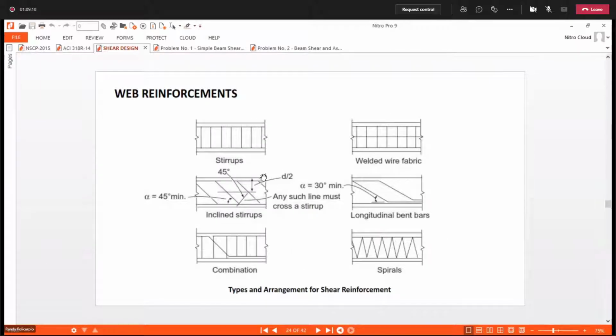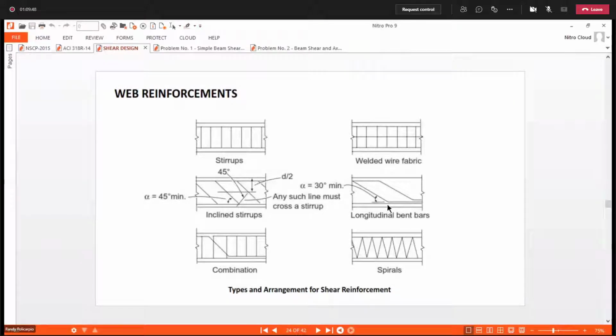Okay, so for the incline stirrups, the angle of inclination we have is 45 degrees. Now for the bent up, when you bend up, the angle is usually 30 degrees. So these are the recommended